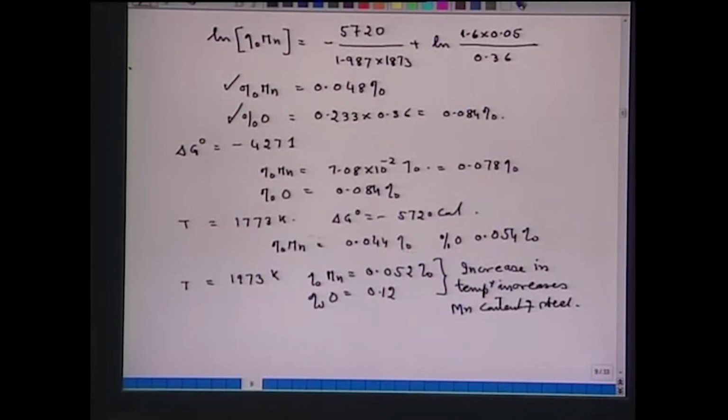whereas for 1773 our conclusion, decrease in temperature will increase the oxidation of manganese. That means, decrease in temperature favors the oxidation of manganese and increase in temperature favors the reduction of manganese. That is what I have shown by taking the calculation at different temperatures. So, remember, the oxidation of manganese and reduction of manganese, they are the most important reaction in steel making. We will use it when I will do the practice. Now, in the next lecture, we are going to take the other reactions, for example, silicon, carbon and phosphorus, and